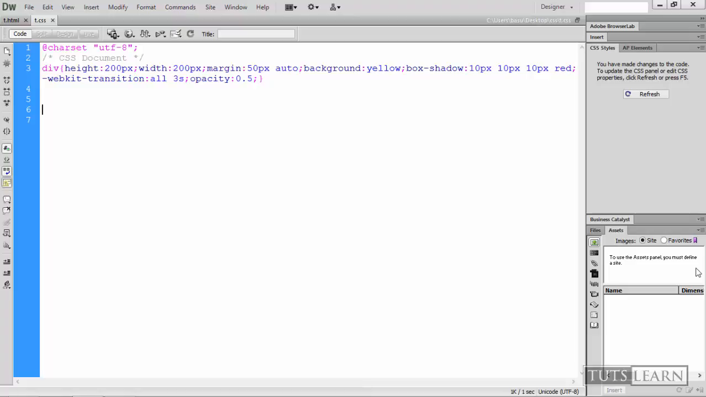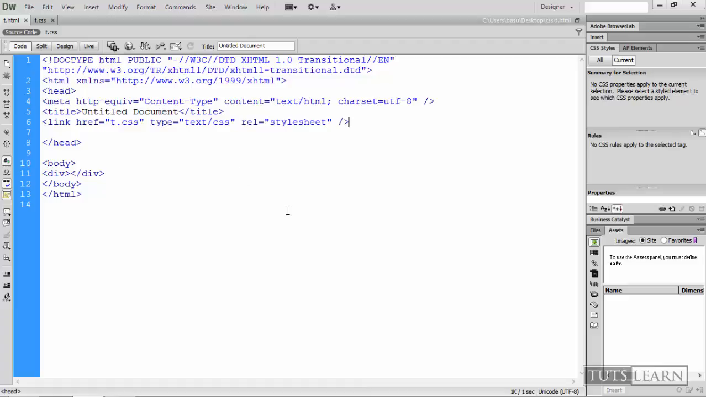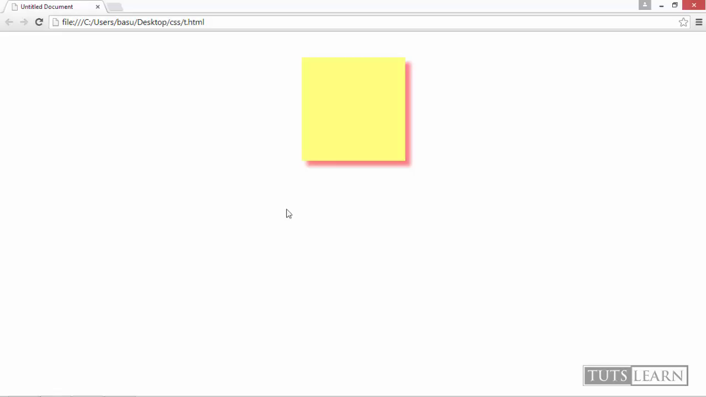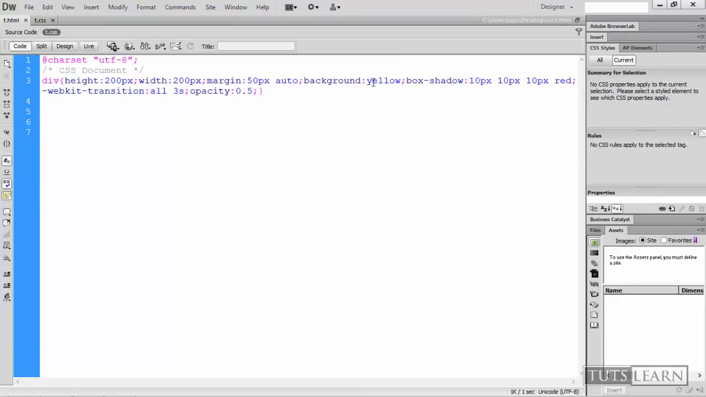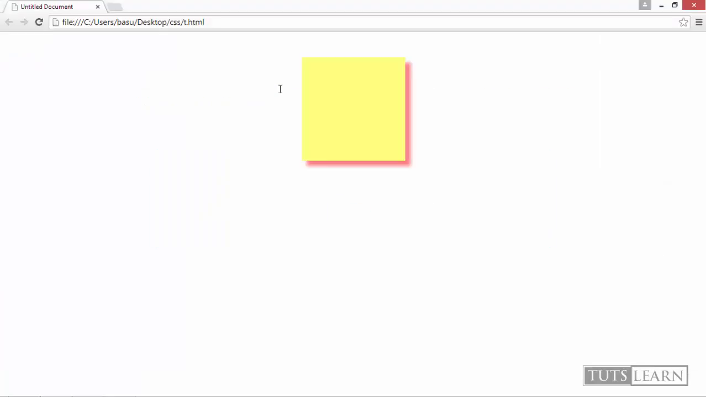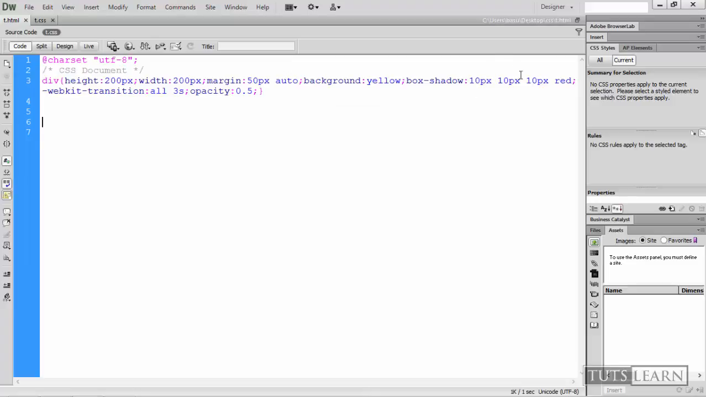So save it, go into the t.html, hit F12, and this is how our division looks like. You can see our background is yellow and our shadow color is red. As in here, if you see, the background was yellow. It's taken a margin of 50 pixels from top and auto from left and right side, and the box shadow,